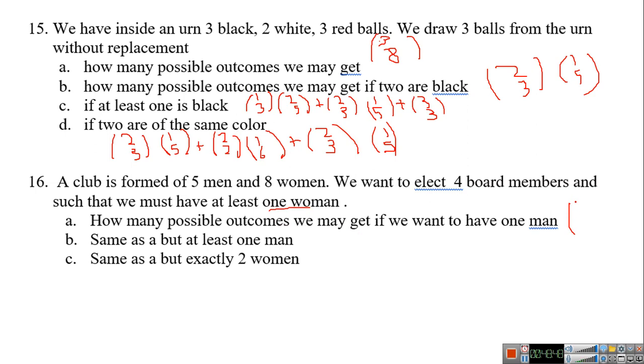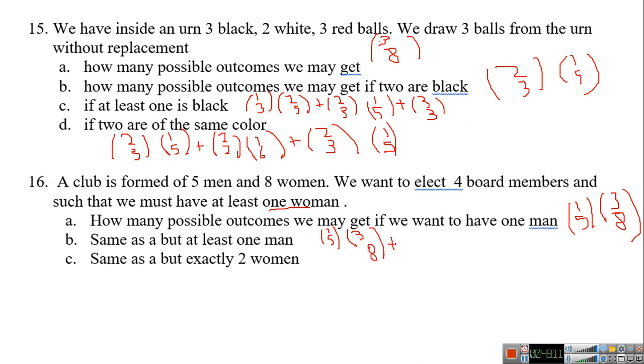1 man, so 1 out of 5. You want to elect 4. Combination, order not important, because they didn't say the first one is secretary or president. I want to elect any. And the 3 women, at least 1 man. Either you have 1 man and the 3 are women,